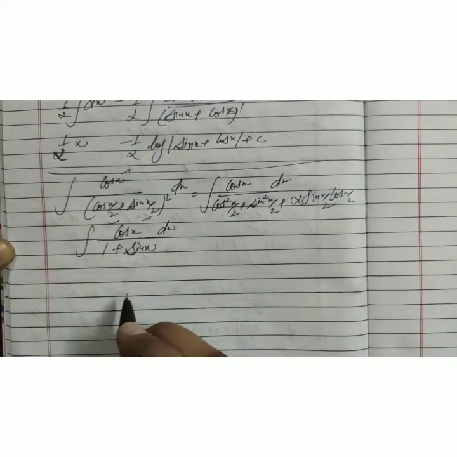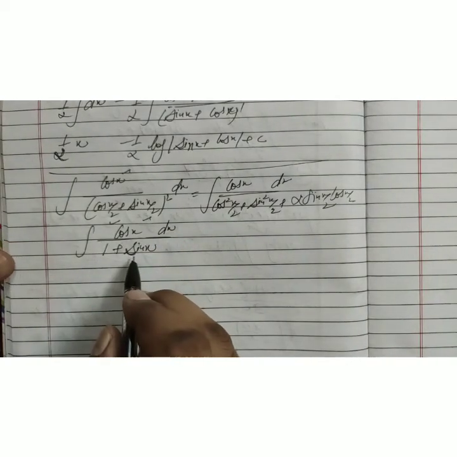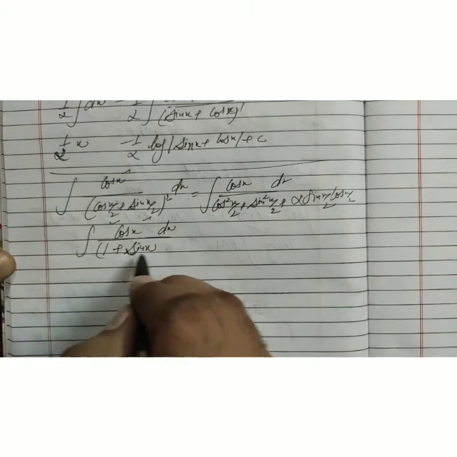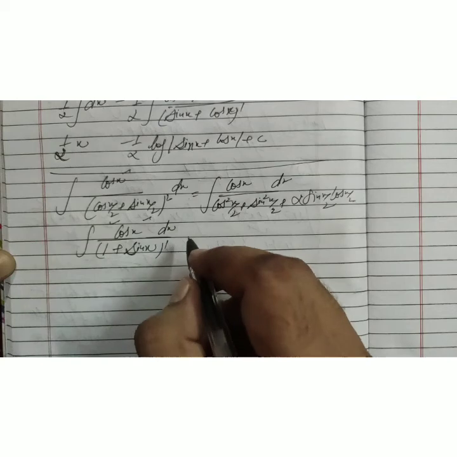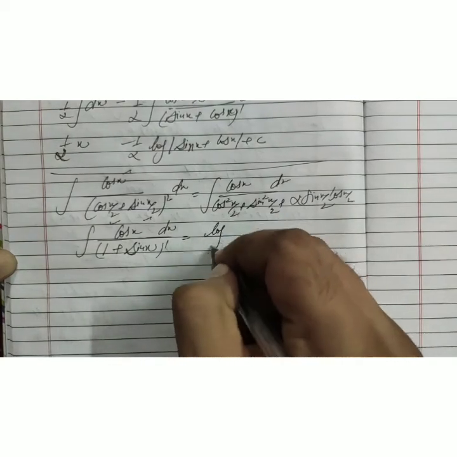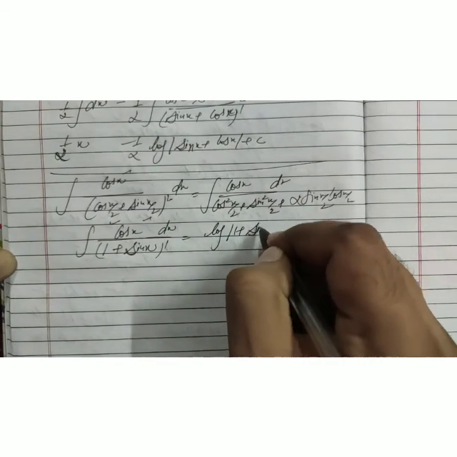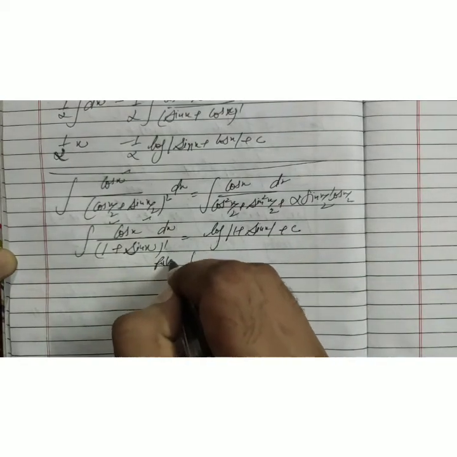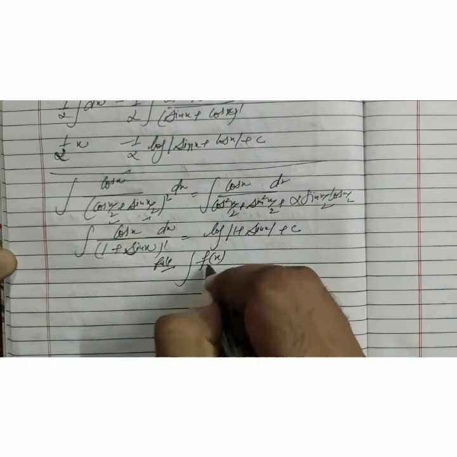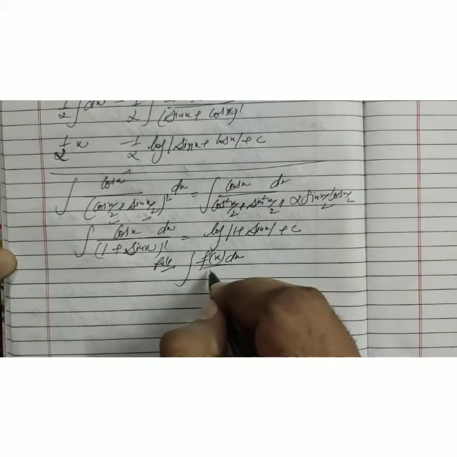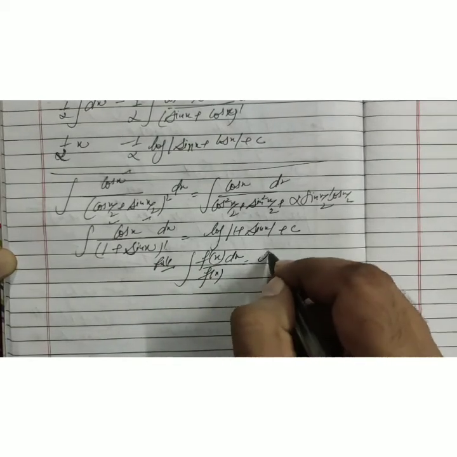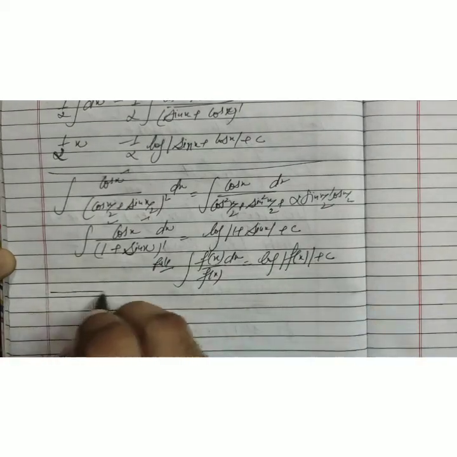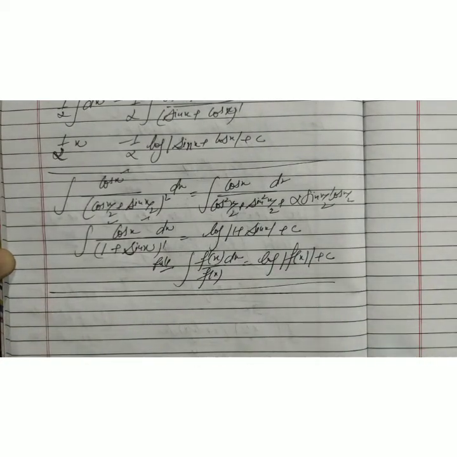Now if you see here, we cannot make them the same, they are different functions. The derivative of 1 becomes 0, and the derivative of sin theta cos theta is there. There is a function in the denominator with power 1 having its derivative upside. So the integration is log of the denominator. But we have to mention the rule. This is the rule: integration of f dash x dx divided by the function is given by log of the function plus c. Like this we can do trigonometric function integration.